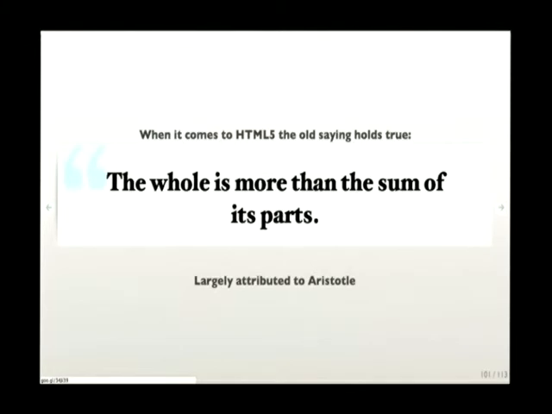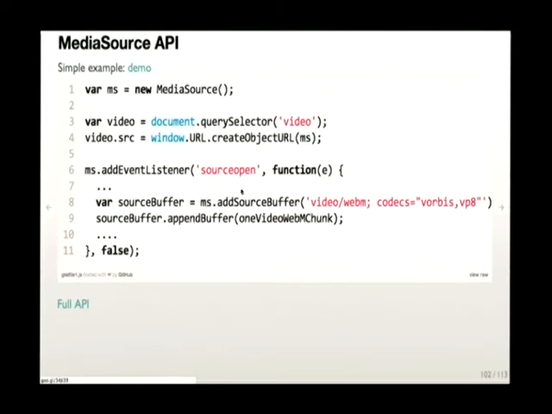Going back to looking at some of the other features here, it's important to keep in mind the quote, "The whole is more than the sum of the parts." I think it really applies to the HTML5 standard as we look at the mediaSource API and WebRTC and see how independently they're providing certain use cases, but then they can be combined just by the nature of them all being within the HTML5 platform, and new interesting use cases become possible.